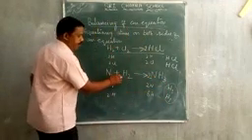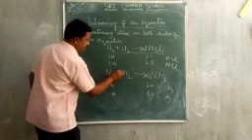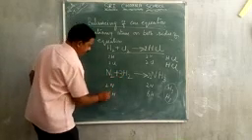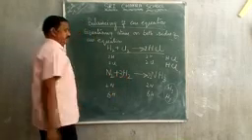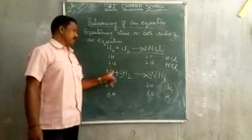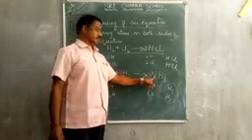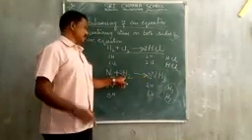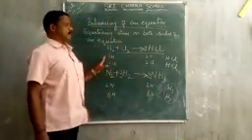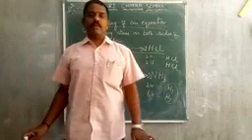But here only 2 hydrogen atoms are there. So you multiply this one by 3. What will you get? 3 times 2 is 6 H. Therefore, 2 nitrogen atoms on this side and 2 nitrogen atoms on that side, 3 times 2 is 6 hydrogens and 2 times 3 is 6 hydrogens. So this is about balancing of a chemical equation.